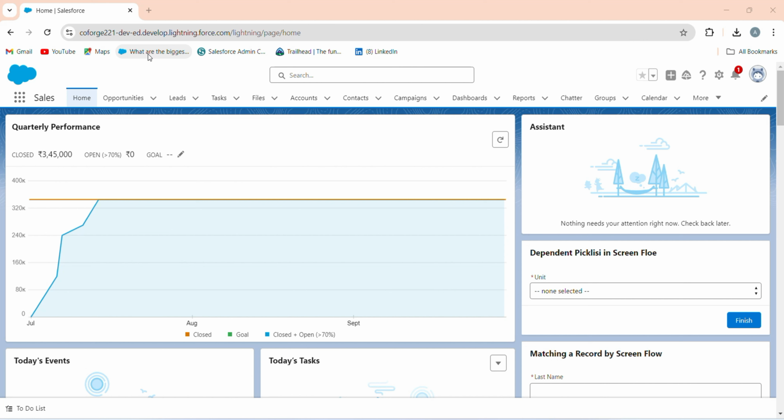When a particular user logs into Salesforce, a message should be displayed while landing into the org. A pop-up message, like a notice, will be shown to the user. Then when he clicks finish or register, he will land in the Salesforce org. So let's quickly create a